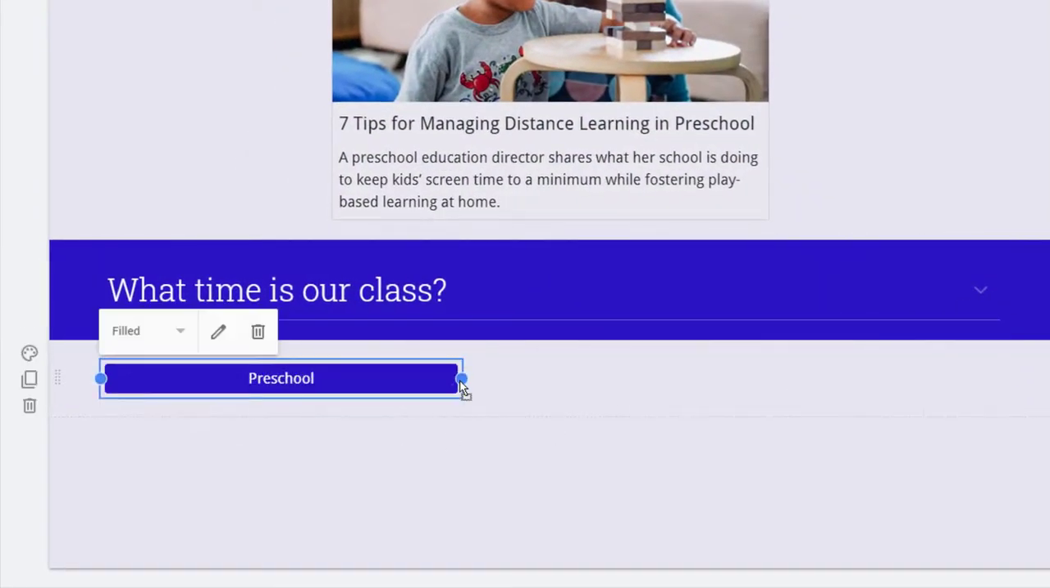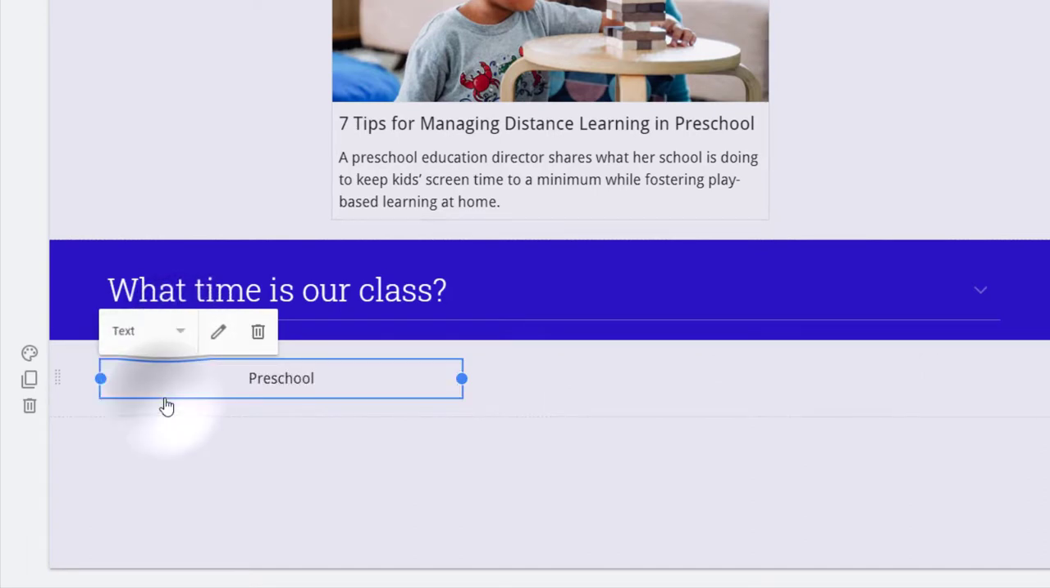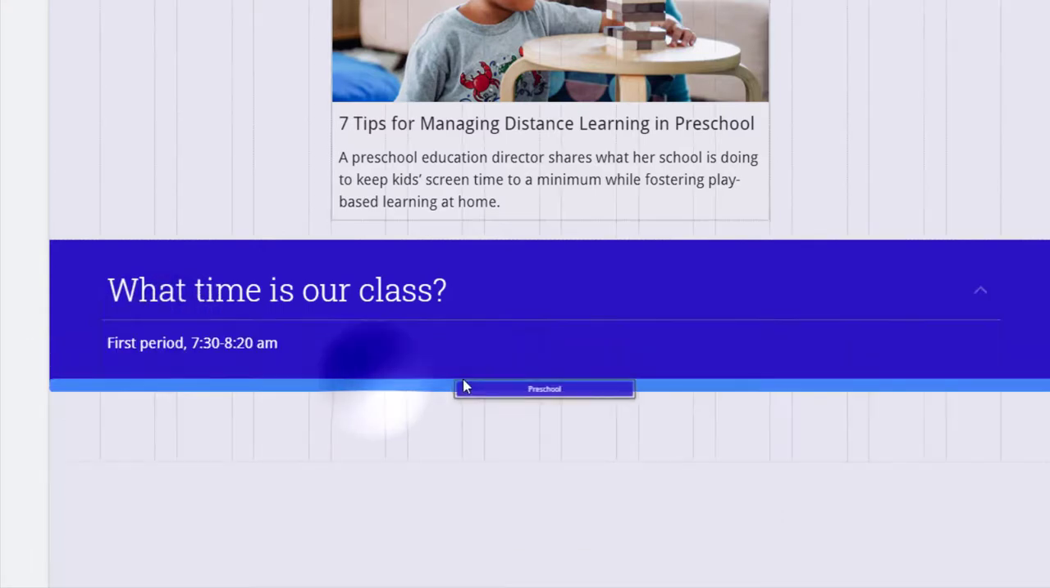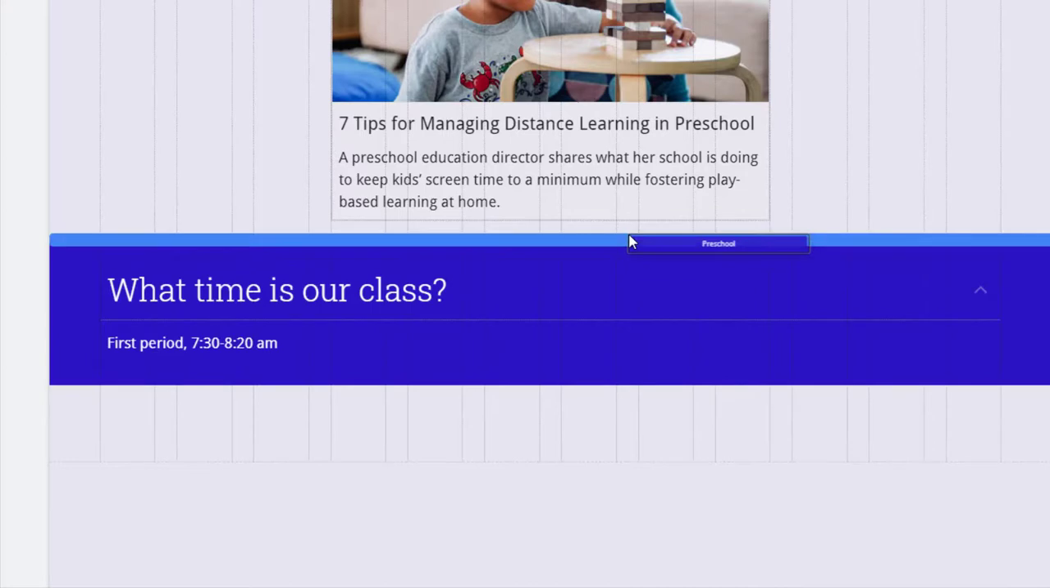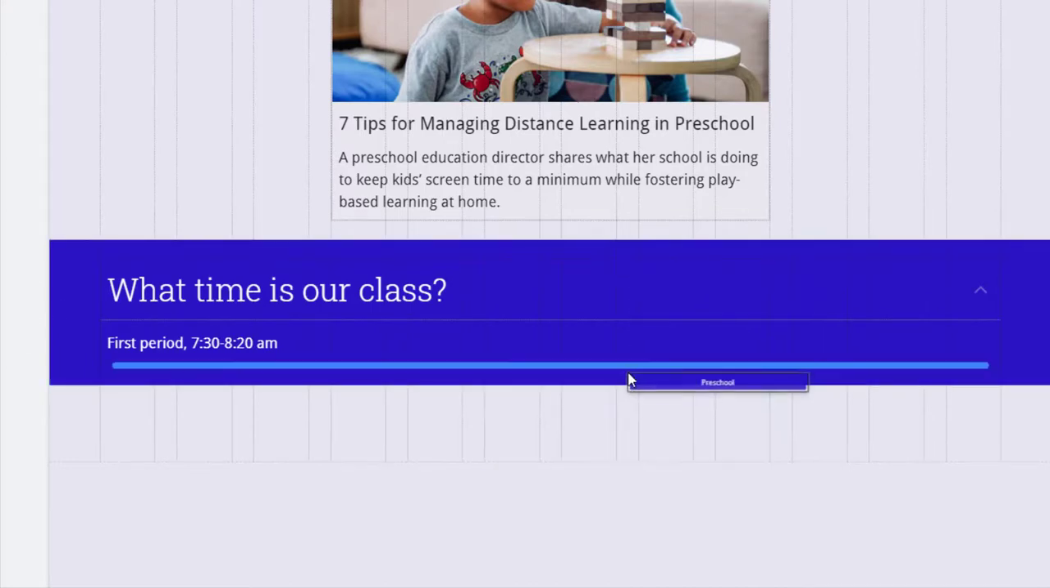I can resize that button. I can change a little bit how that button looks. Again, not a ton of options. And just like the text up above, I could move this around. The other thing I can do,